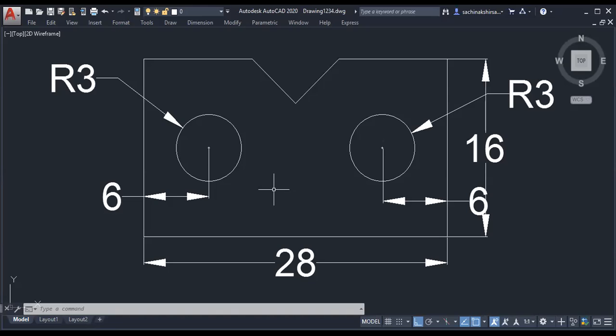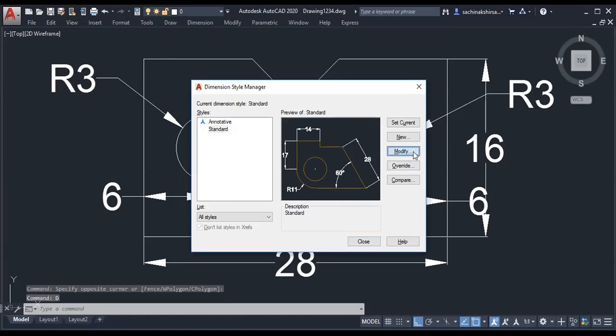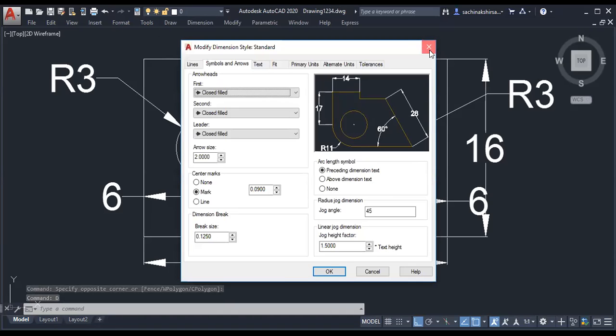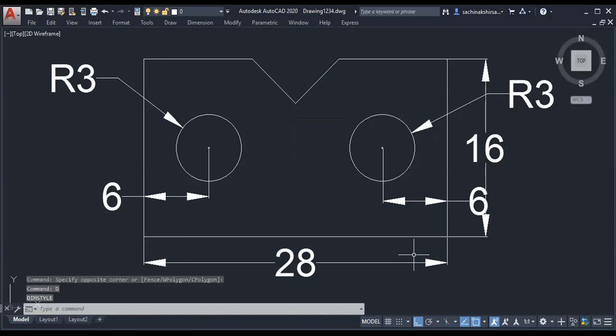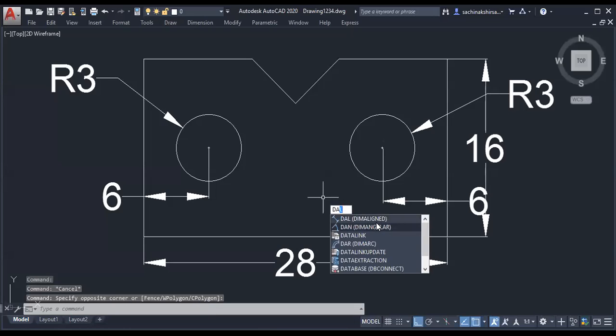And in dimensioning, which type of dimensions we can give? So that is remained actually. Only 2 to 3 types are there. One is linear, another one is aligned. Linear means horizontal and vertical. Whenever we want to give horizontal and vertical dimension, linear is used. And apart from that, suppose I want to give dimension to this inclined line, we can use aligned dimensioning.